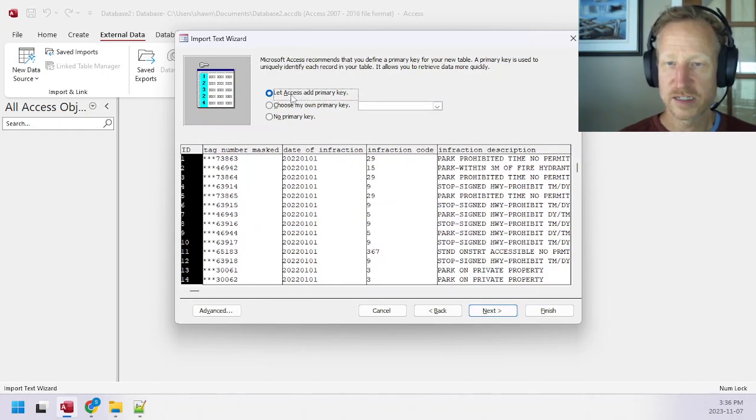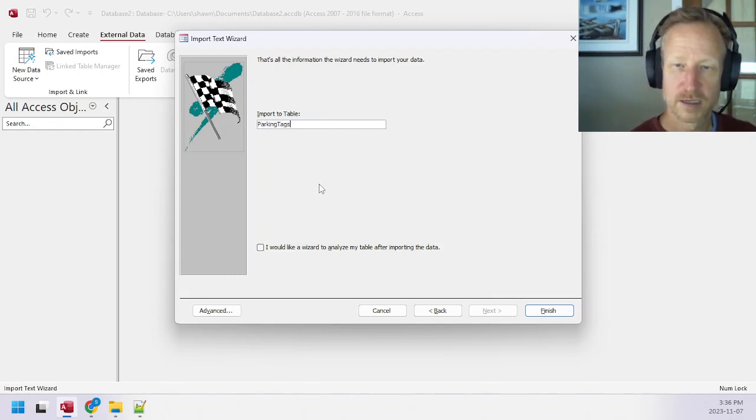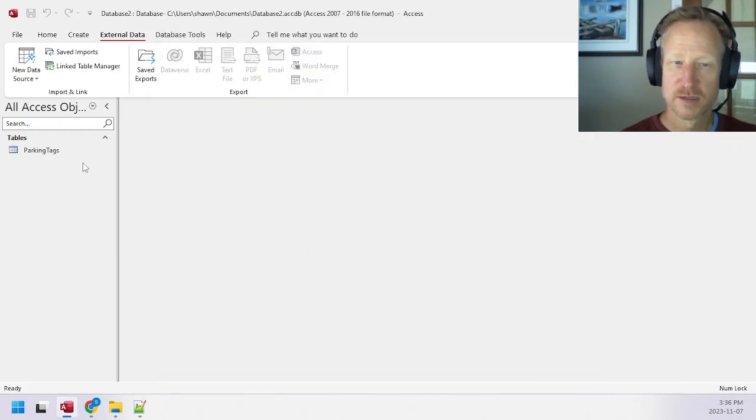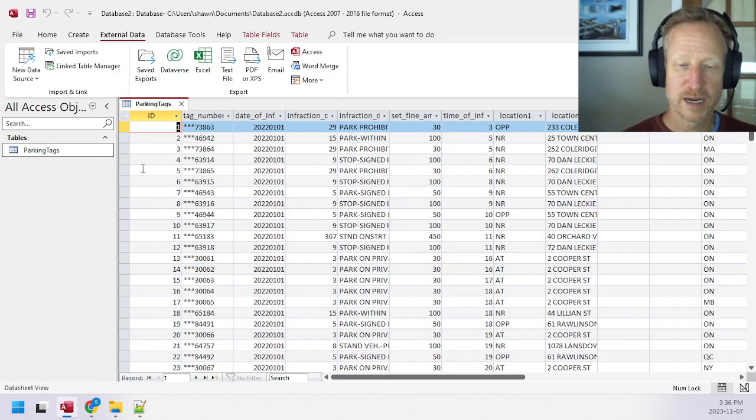And I'll let Access add a primary key. It's always good to have a primary key on every single table. And now we'll name it something appropriate. So let's call it parking tags, and we'll hit finish. Then it goes through and reads all the data, imports it into the Access database, and now we have it saved, and we can see it's right here. So parking tags has been imported, at least the first file. I can open that up, and I can see there's